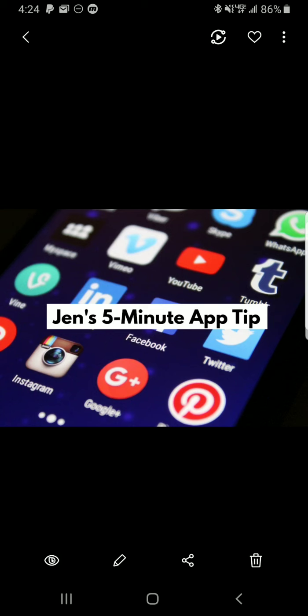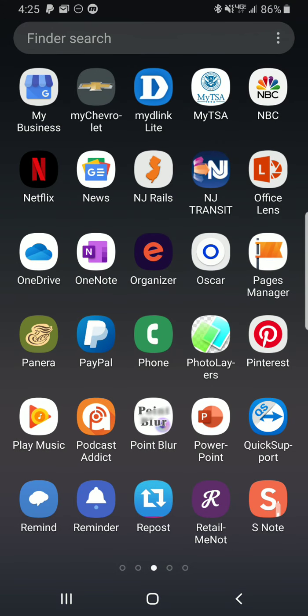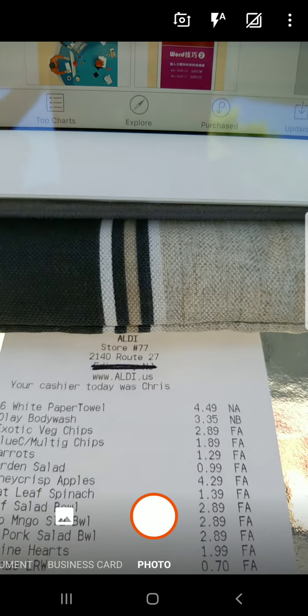This week's 5-Minute App Tip is a lesson on how to scan your receipts, documents, etc. with the app Microsoft Office Lens. Now, we're going to go into the app and we'll start our lesson today by showing you how to scan